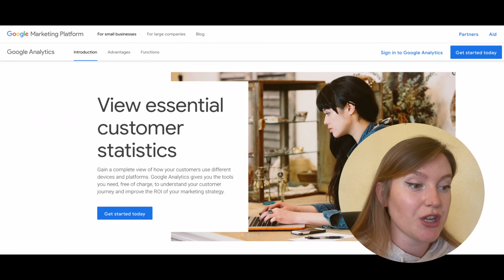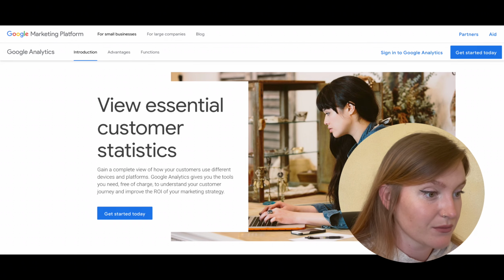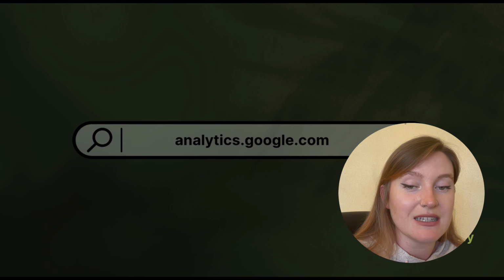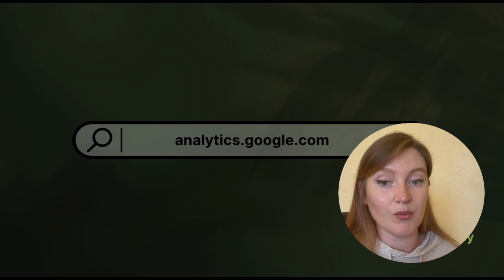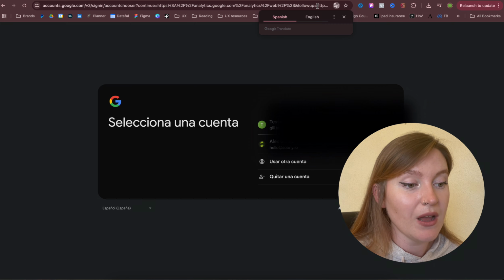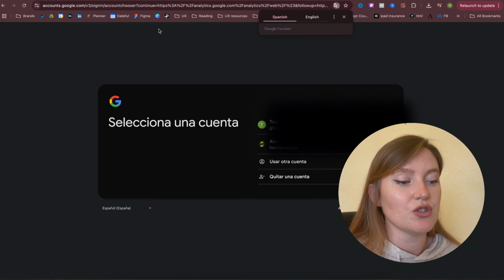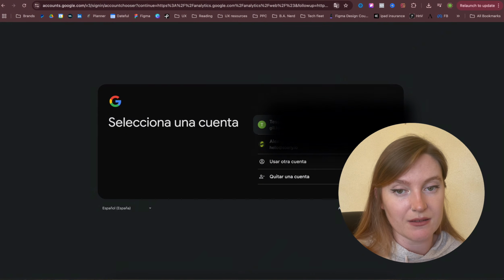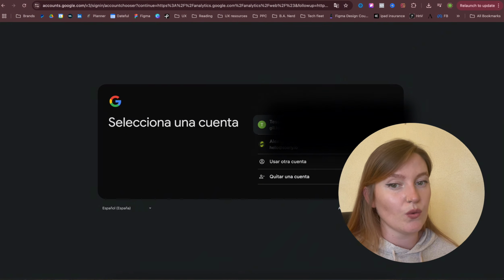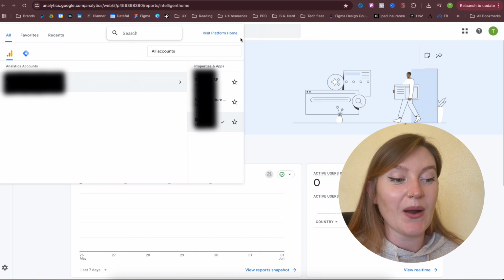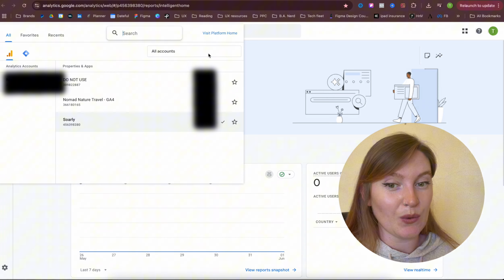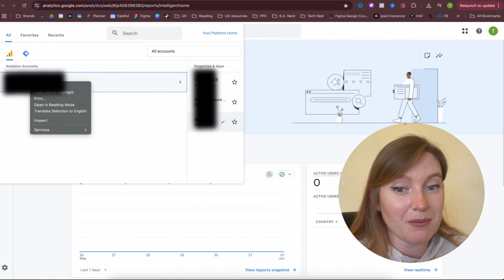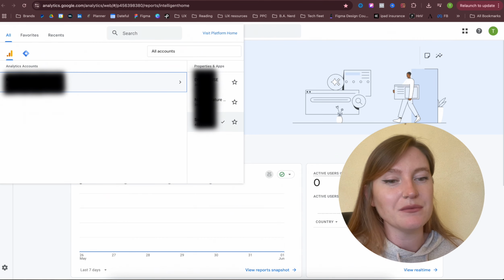Let's open up GA4 to create an account. First of all, you're going to type in your web browser analytics.google.com, or just click the link below. And it's going to prompt you to sign into your Google account. And this is just the Gmail that you're going to use to create your Google Ads account. So regardless of if you have or not any analytics accounts assigned to your Gmail account or your Google account,